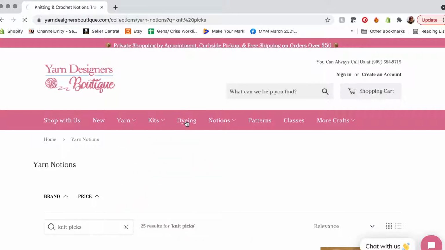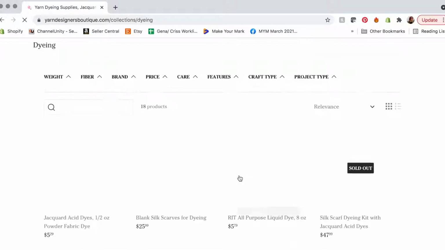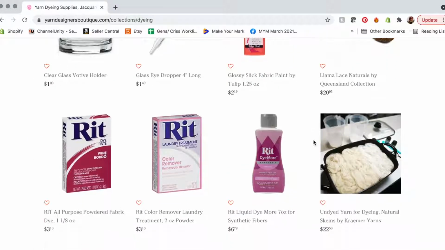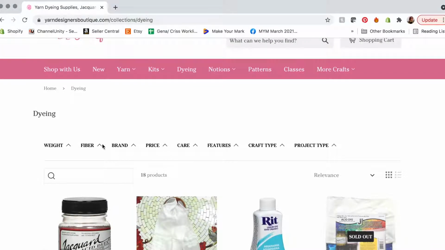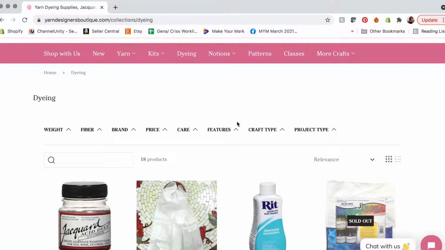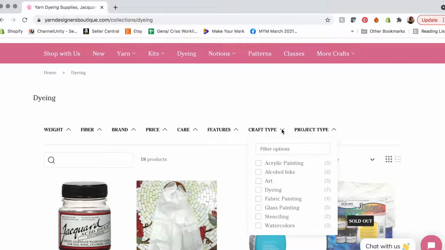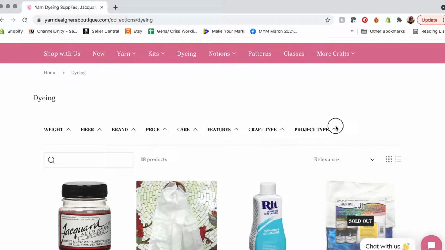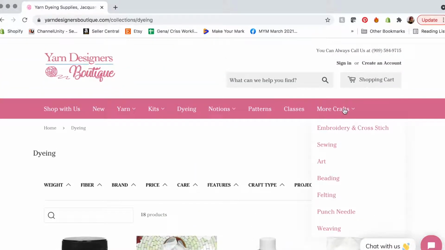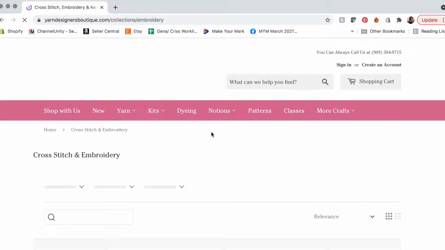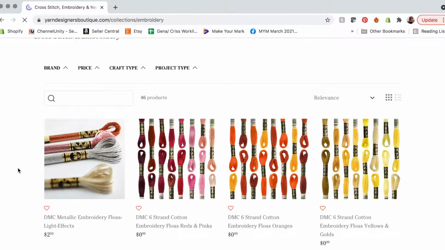So if I'm looking in dyeing, if anyone's into dyeing, then you can really break this down. It's quite a diverse category. So there's kind of a lot of different things going on here, but there's dyeing and fabric painting and stenciling and watercolors. Or there's different projects. We just have scarf kits. The other thing is we have other crafts. So if you wanted to do different crafts, say you're really into embroidery, you can come in here, have a look at all of our embroidery threads